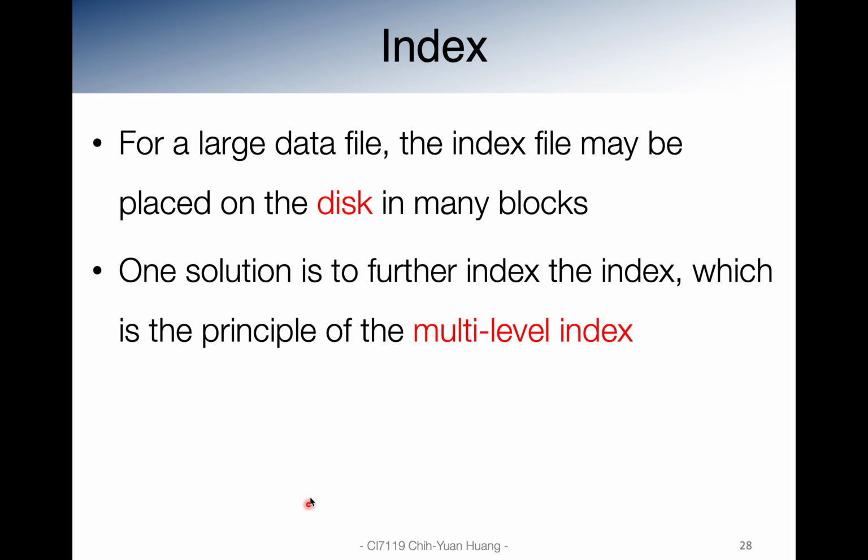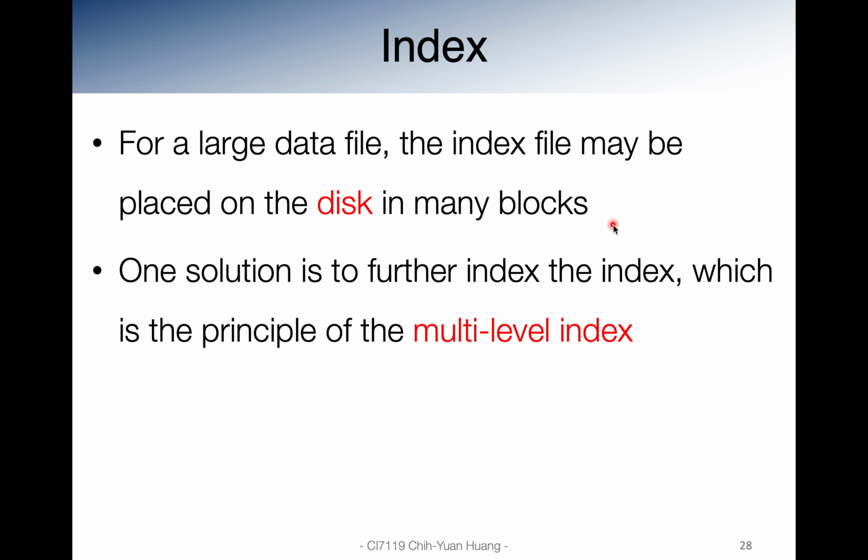In this case, you probably need to place the index on the disk in many blocks. Then whenever you need the index, you also need to retrieve that index information from many disk blocks, and that becomes the overhead of using this index. So one of the solutions